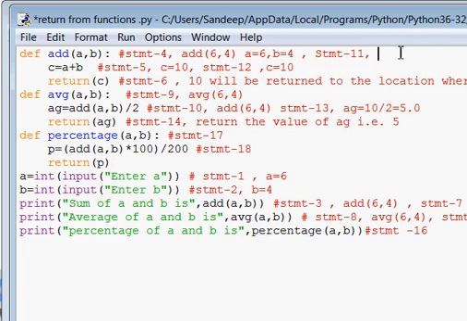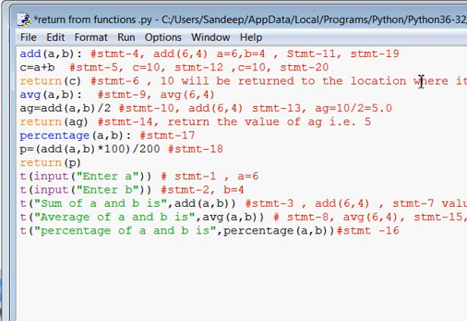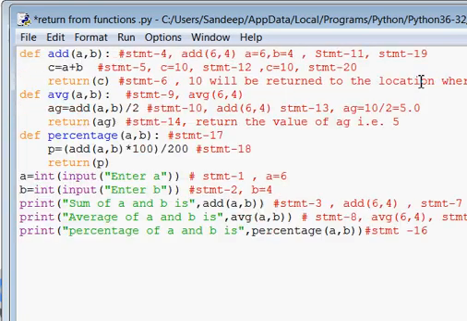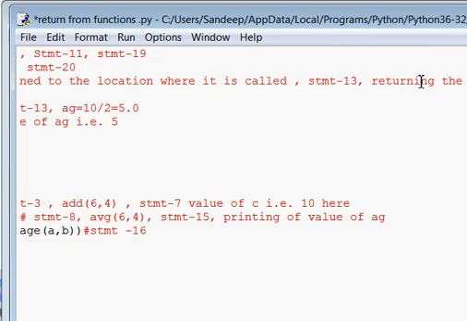So the next statement, statement 19, will be this, after that statement 20 will be this, and after that statement 21 will be this return statement. Okay, so this is your statement 21 also.